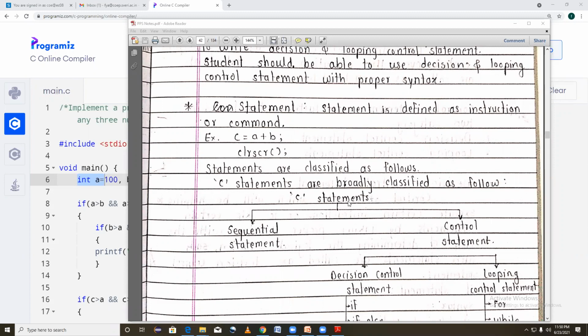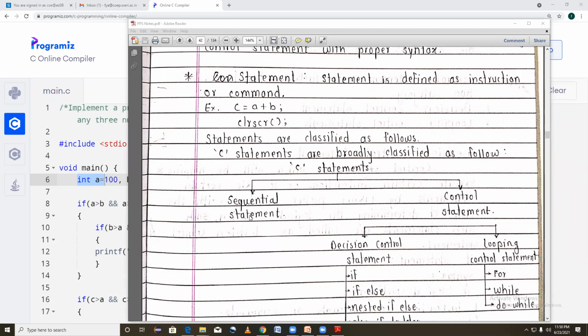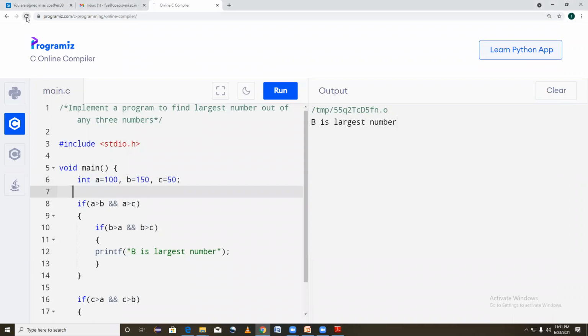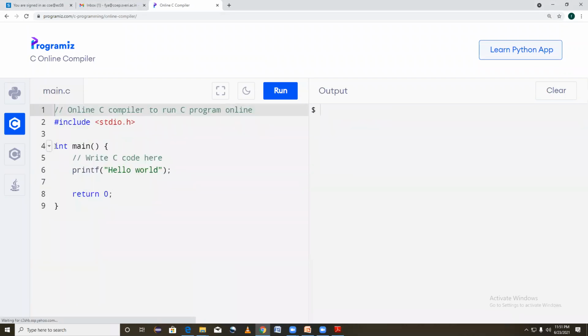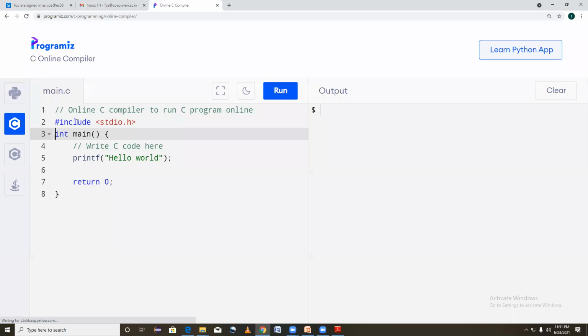These statements can be divided into two parts: sequential statements and control statements. Now we have seen the example of a sequential statement. This is your sequential statement. The compiler will start compilation of your program from this #include preprocessor directive.